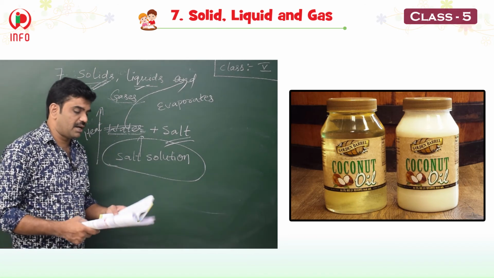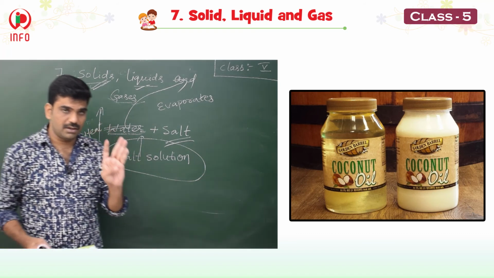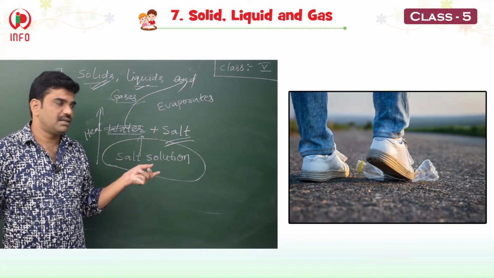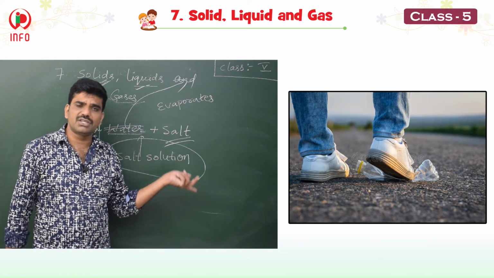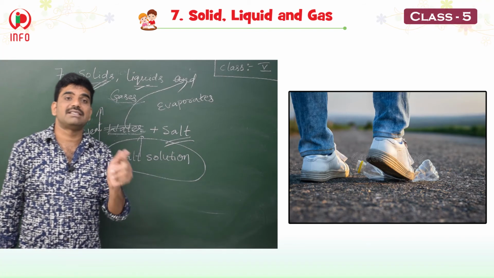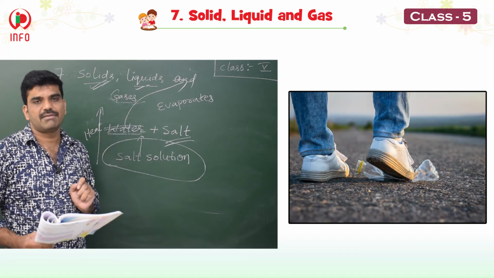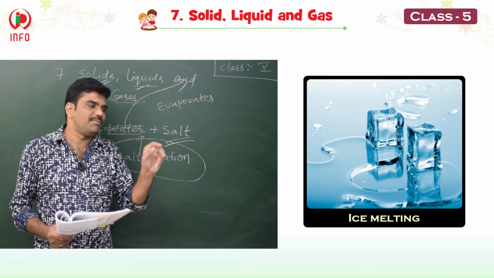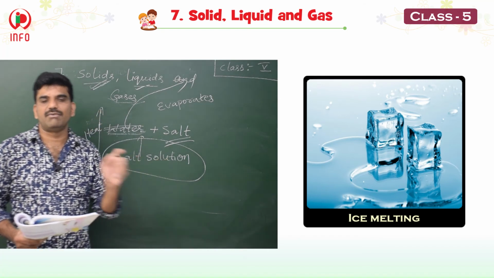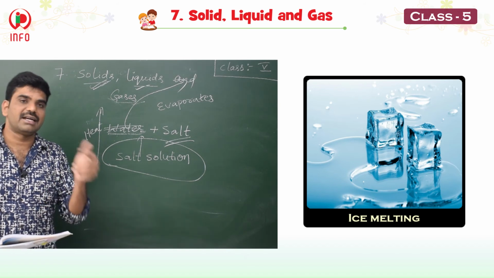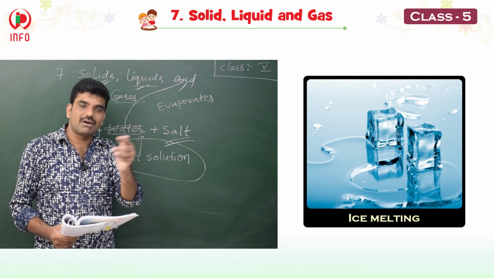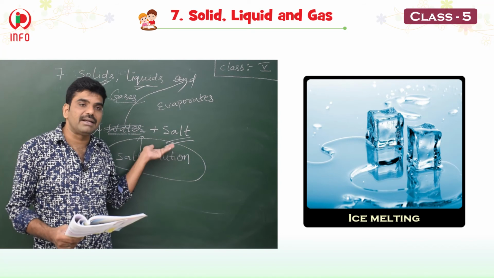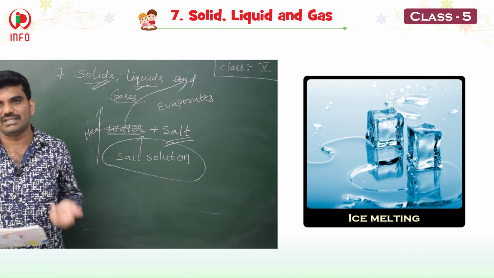Once again, we have so many examples. One is a bottle: before crushing, the bottle is solid; after crushing also the bottle is solid, but the shape has changed. In the second case, when you take ice out of the refrigerator and keep it outside, it melts and becomes water. So here the state has changed. Solid is converted to liquid, because you are giving heat, the additional extra energy.